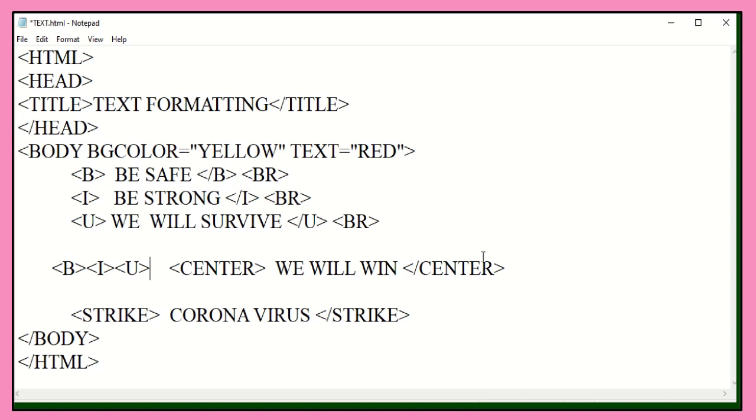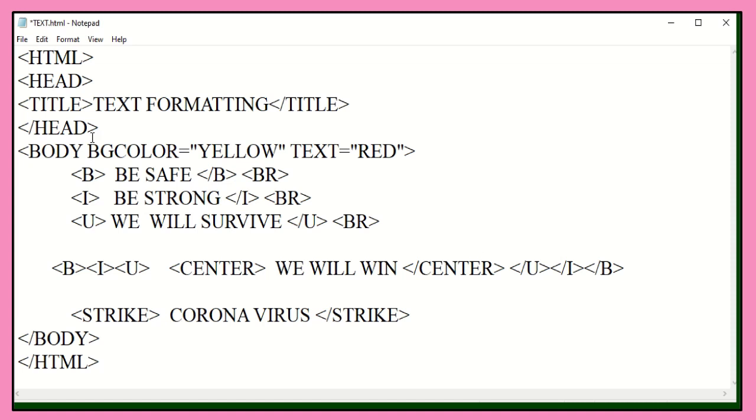Since these are container tags, we have to give the closing tag preceded by the forward slash. We can also call this closing tag an ending tag. These are called nested tags, children.